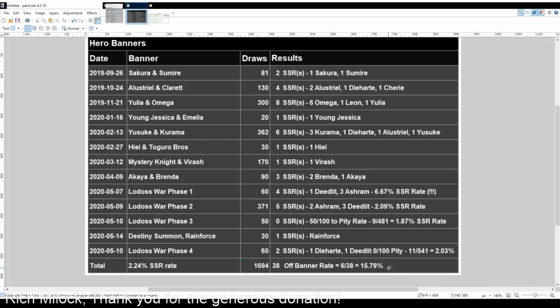16% is actually quite high. So getting off-banners occurs much more frequently than I expected it to. Okay, so the reason why I did so many more draws on Lodos War, as I keep saying, is because